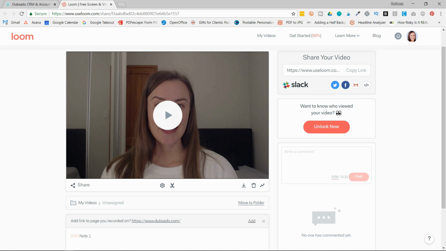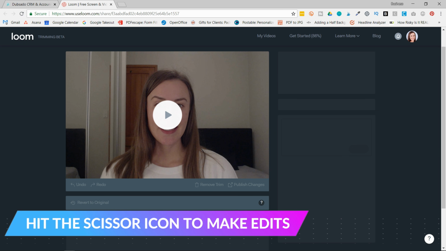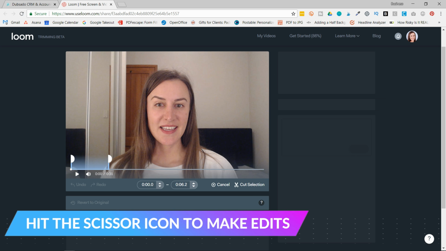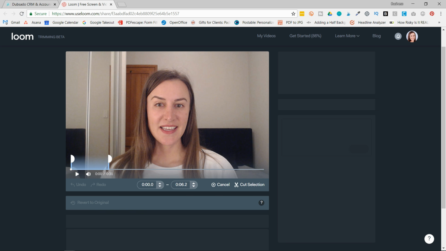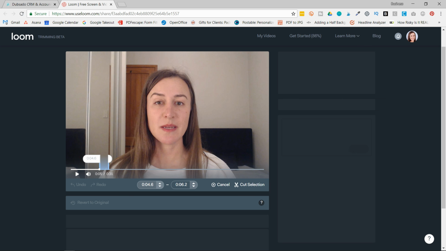So in order to do that, you will click the scissors icon, and you'll be taken to this page. You can trim portions of your video out. So here you can see 2 different lines. You will move the first line to where you want to start cutting, and then you will move the second line to where you want to finish cutting. Anything in between those 2 lines will be cut out. You'll hit cut selection,